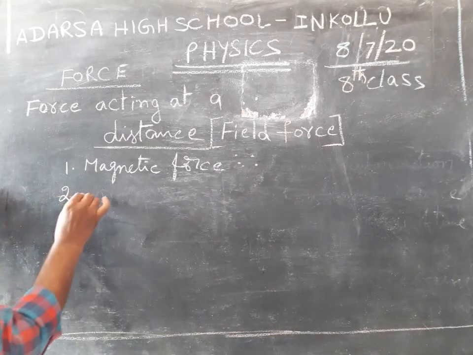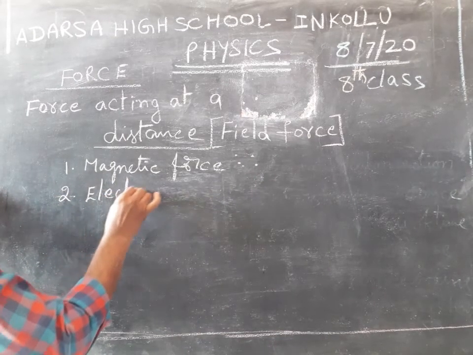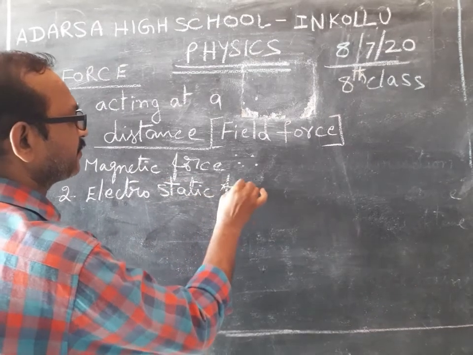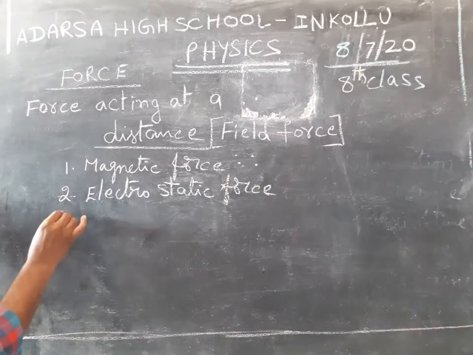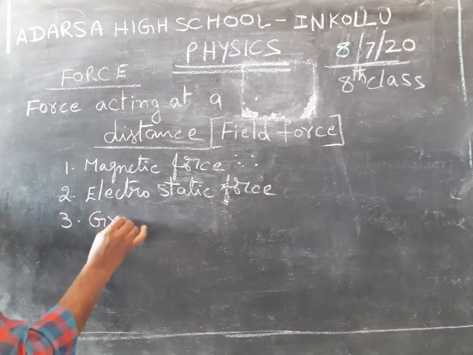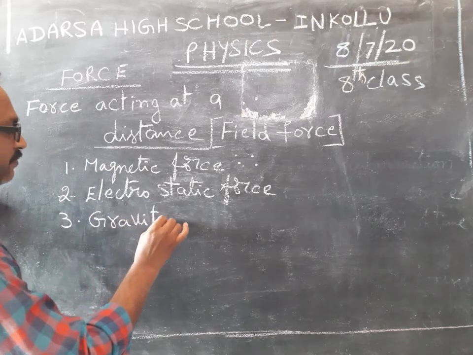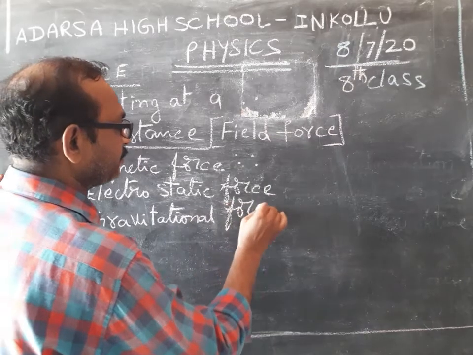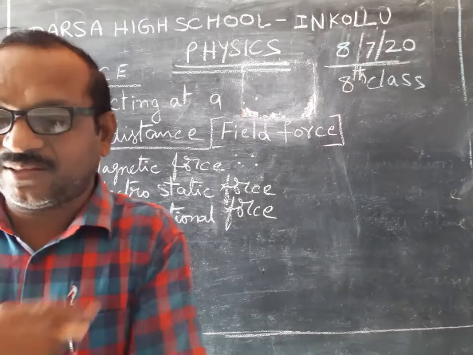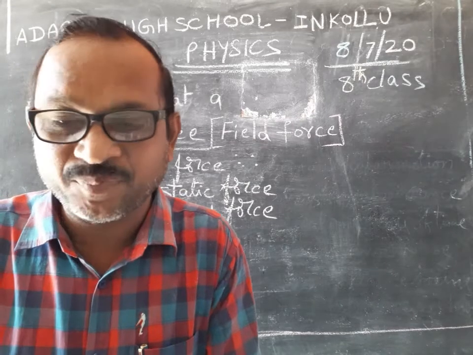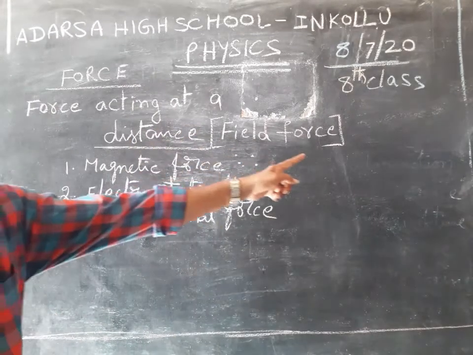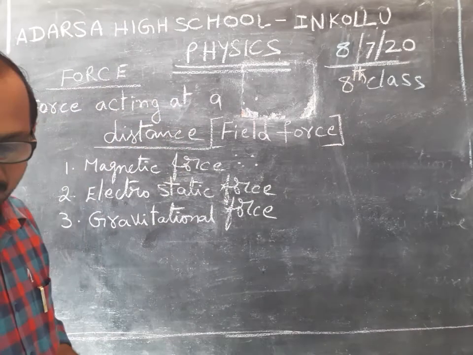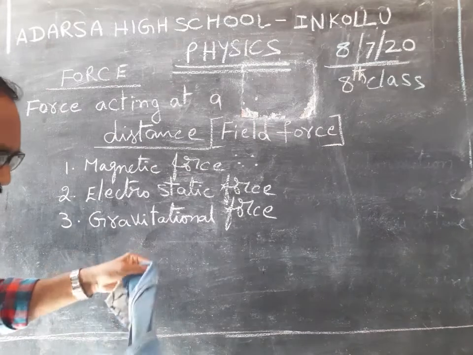And the second one is electrostatic force. Third one, gravitational force. In this way, these all are the examples of the, what are they? Field force. Field force means force acting at a distance. Now, we are going to discuss the